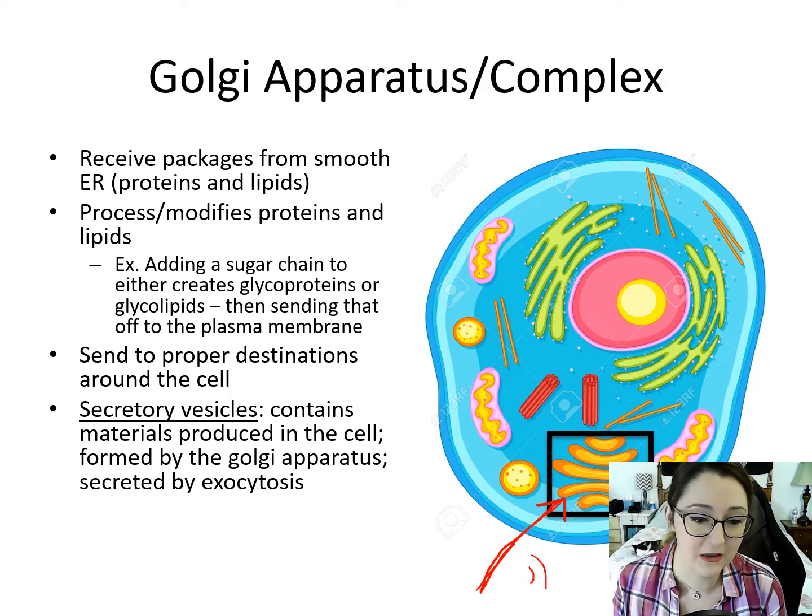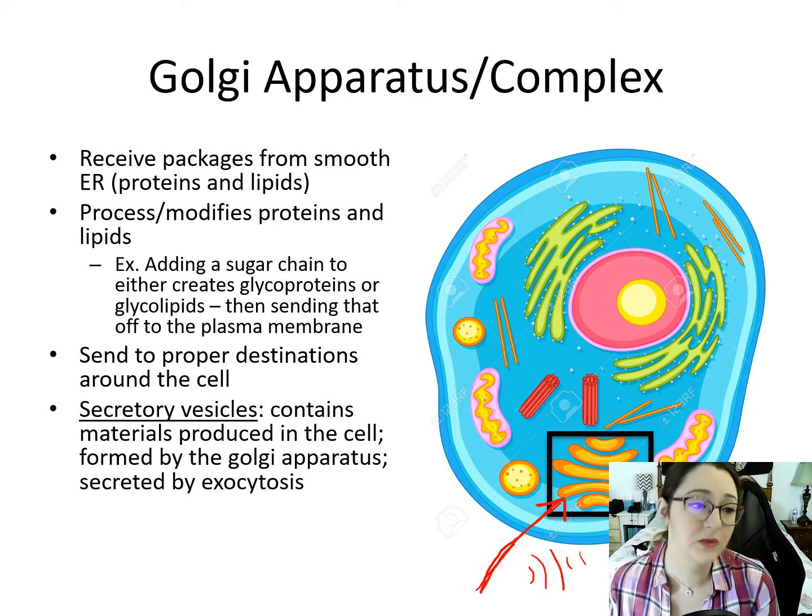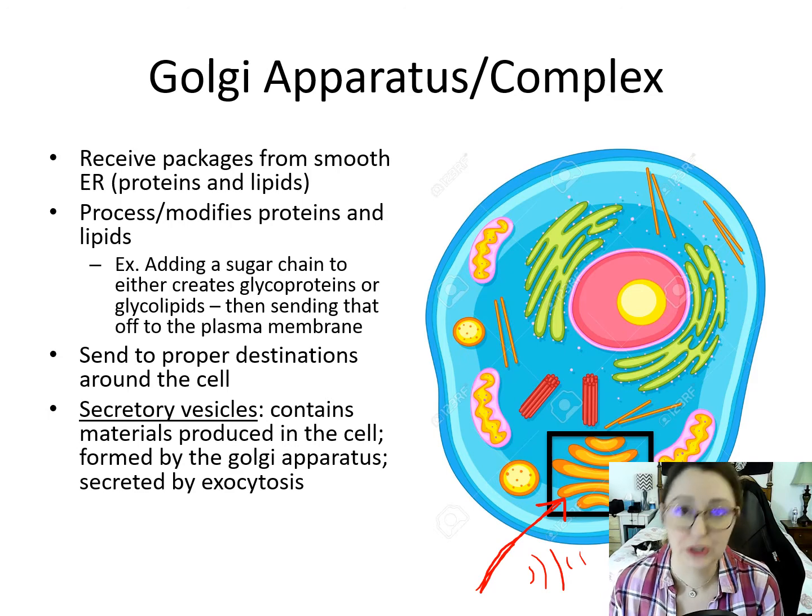It is going to receive packages from the smooth ER, so this is going to be packages of proteins and lipids, and it is going to process or modify these proteins and lipids. For example, it could add a sugar chain to either, which is going to create glycoproteins or glycolipids, so sugar proteins or sugar lipids, which, just so we know, lipids mean fat, and then send that off to the plasma